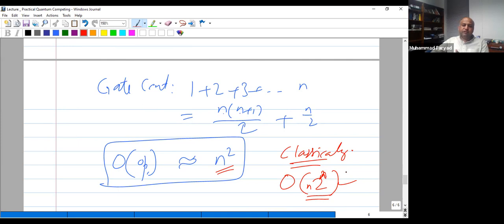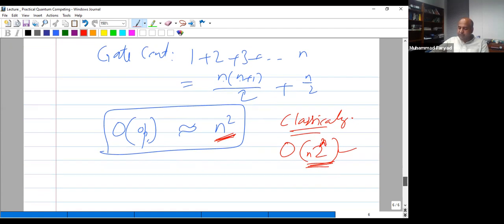But this difference is still small, because when you work with a huge number of operations, this small difference is only multiplicative in nature. So the first point is that this is not the time, this is the number of operations. This is also the number of operations or number of gates. And of course, the time required for one gate in quantum computing and in classical computing is different, but the difference is